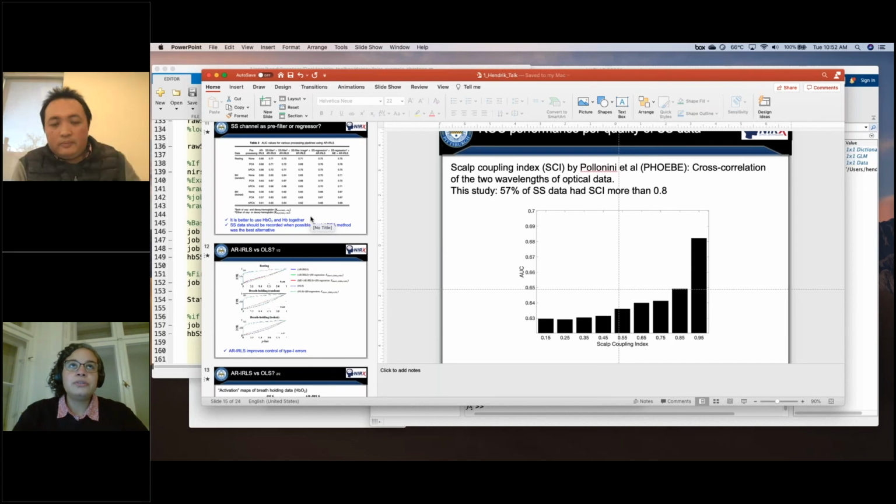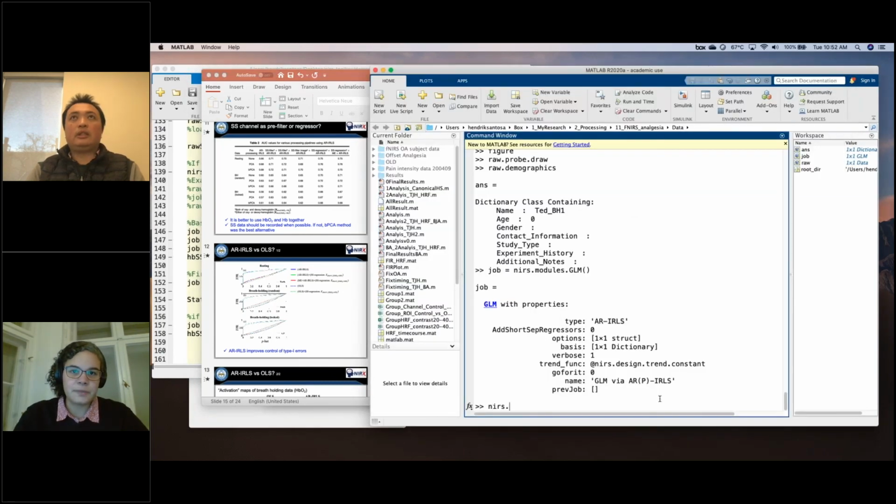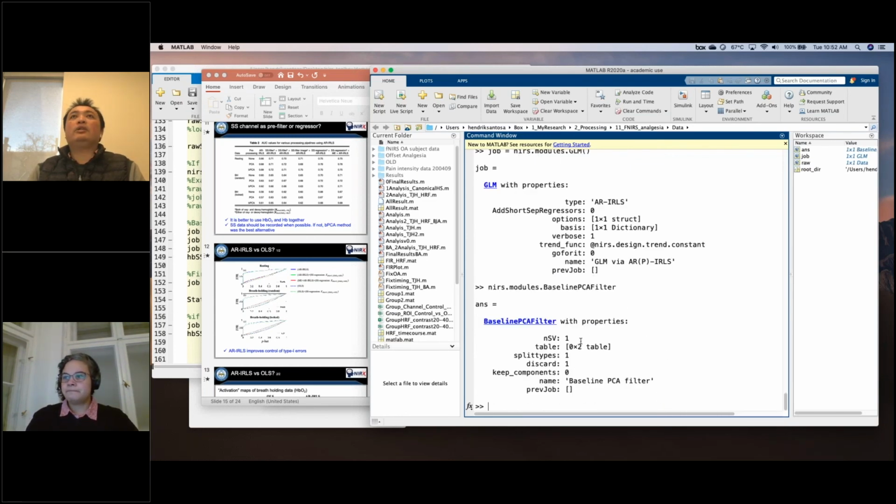Gotcha. So you don't really set the number of regressed components, but rather the percentage they can explain of the data. Okay, that's very interesting. So if you use baseline PCA using the toolbox, you can put one component, 5 components, or you can put 0.8. Okay, yeah, you can put 0.8.